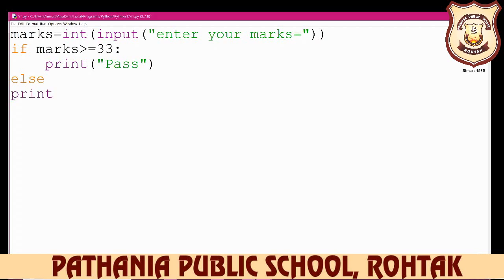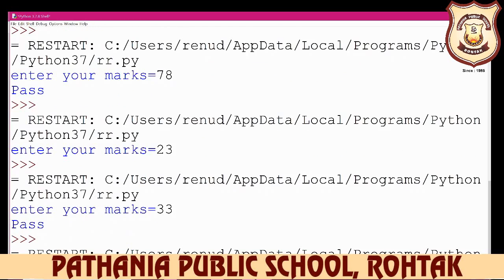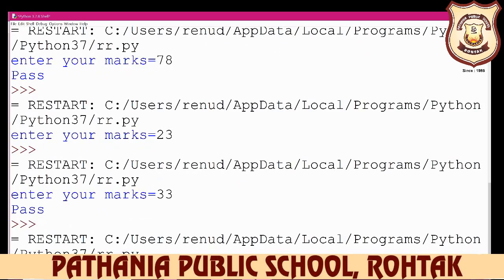Print. What should it print? After else you write down the colon sign here, and then you enter it, and then you write down print, and after print you write down here fail. Okay, fail, and now you run this program. Okay, now our program will be successful.